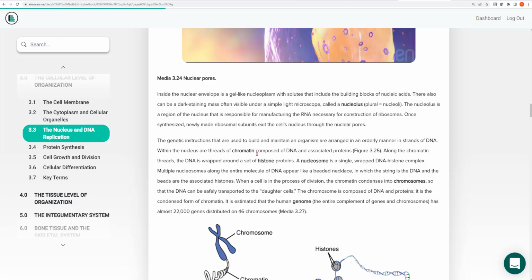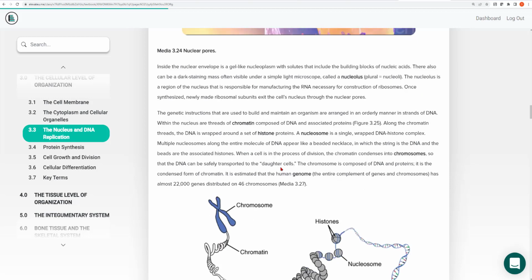The chromatin wraps around proteins called histones. So the proteins that you find associated with DNA are called histones. Picture's coming up in a second. And in your cells and in my cells, we all have 46 super long, huge molecules of DNA, each called a chromosome. So a chromosome is a massive, long molecule of DNA and its associated proteins.